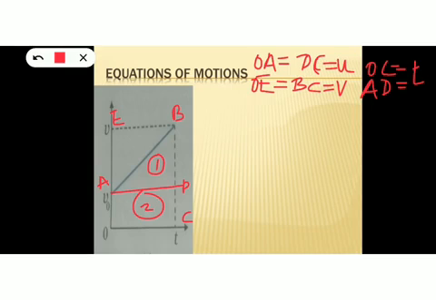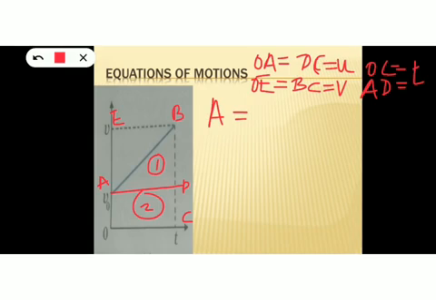And I had told in the previous session, displacement is obtained by finding the total area below the velocity time graph. And the total area below this graph has been divided into two areas. First is the triangular area and the second one is the rectangular area. So the total area will be the area of triangle ABD plus the area of rectangle OADC. Okay, so let's find out the total area.